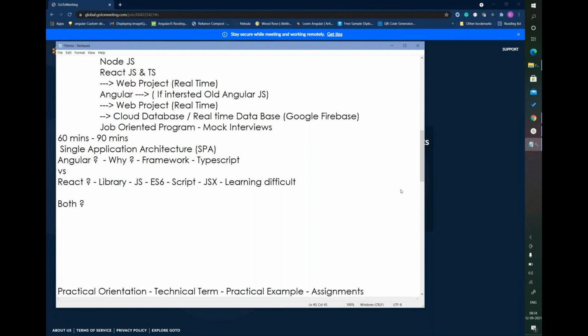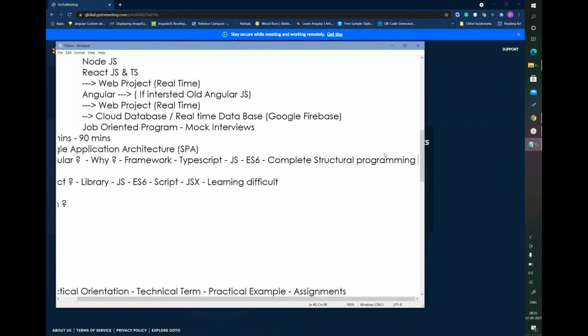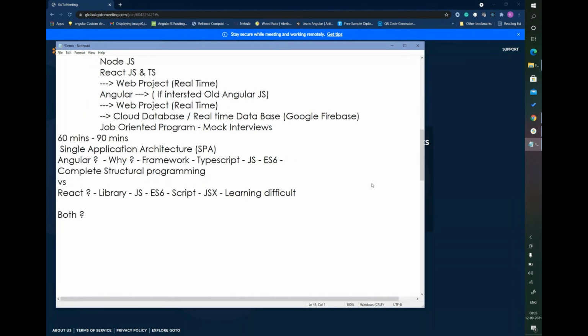If you are learning TypeScript, then it will be very easy, but to learn TypeScript we need JavaScript and ES6. This understanding is a must. It has a complete structure, complete structural programming, where everything is a component. So it is component based architecture.